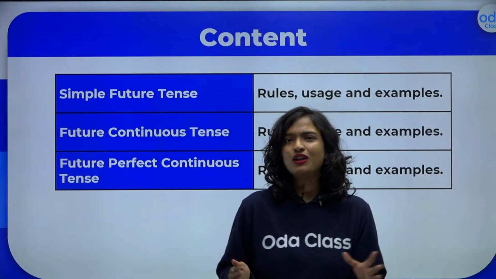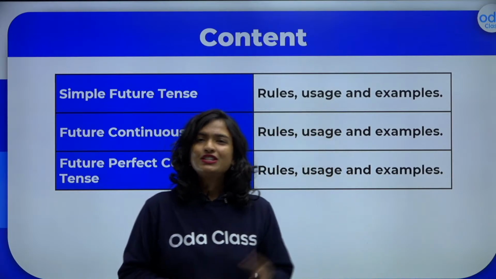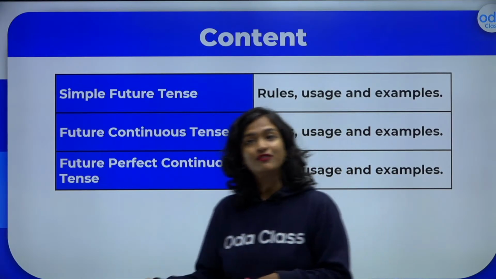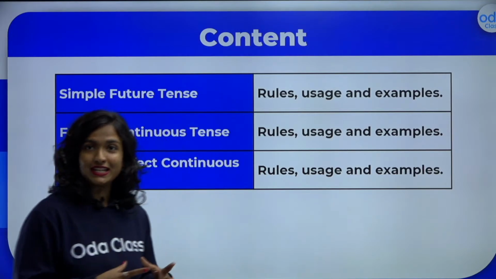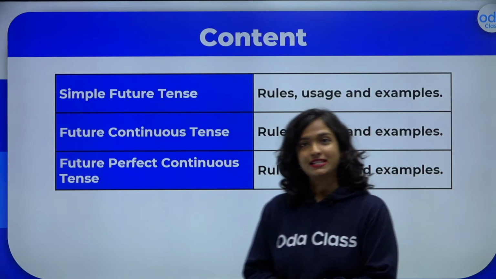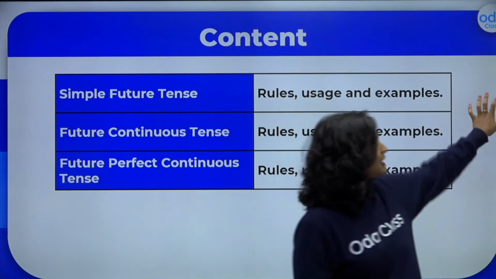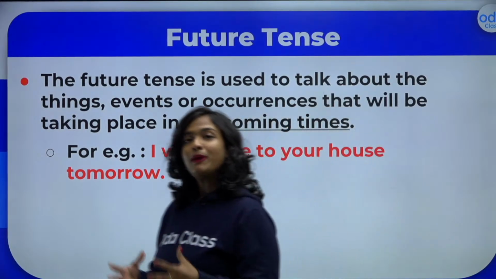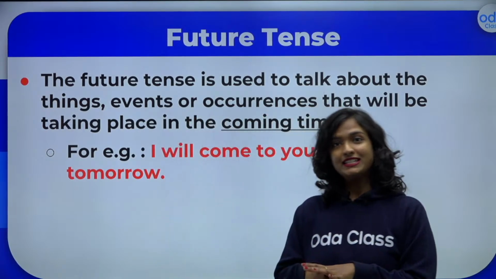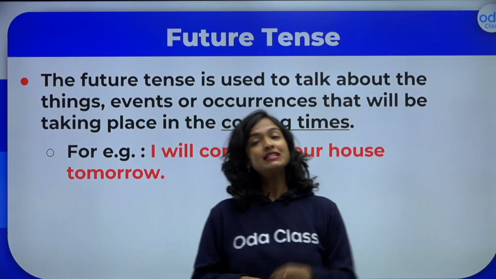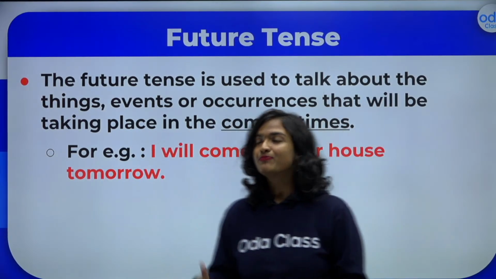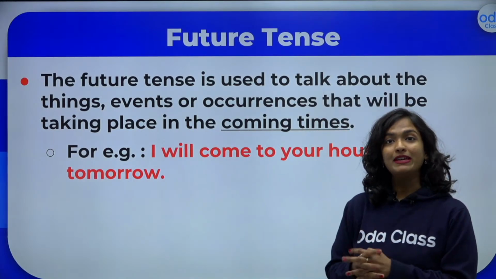Starting off with, first of all, what exactly are tenses, students? So as we know, tenses are what we use to talk about the past, the present, and the future, right? So the tense of the sentence tells us about the time of the action that is being performed in the sentence. Now, the future tense, students, as it stands, is used to talk about things or events that have not happened yet, right? So the present is for what's happening right now. Past is for what has already happened, and the future is for what hasn't happened yet, but is going to happen in the coming times.